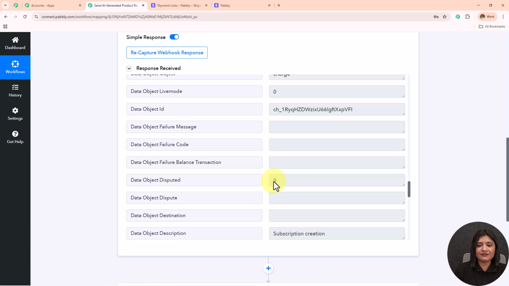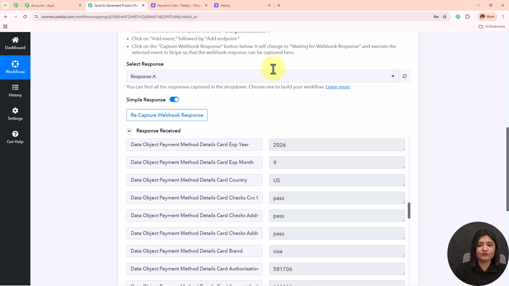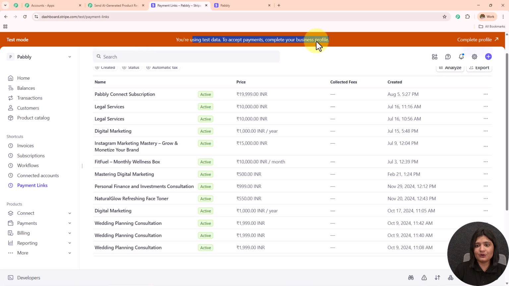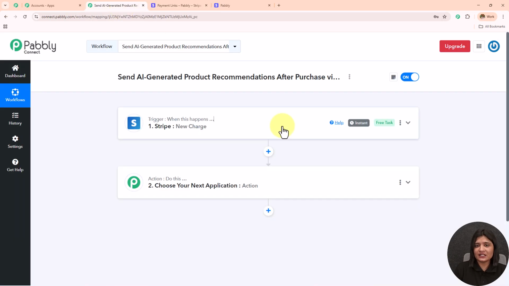Now over here I have received all the response in this workflow after making the payment, and this shows the connection setup which we have created between Stripe and Pabbly Connect is successful. Now whenever you get a new payment, you will start capturing that response in this workflow. I'm using this account in test mode, but when you are in live mode also, you will